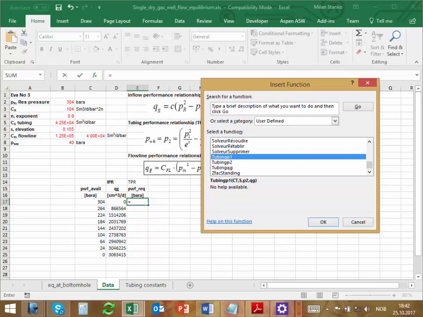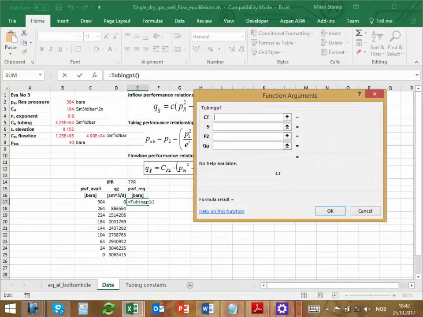P1, okay? Because I want the pressure at the inlet of the tubing, exactly at the bottom hole. So P1, and that requires the tubing coefficient, CT, that I have here. I lock it. Remember, when I drag it down, I don't want any mess. And the elevation coefficient,